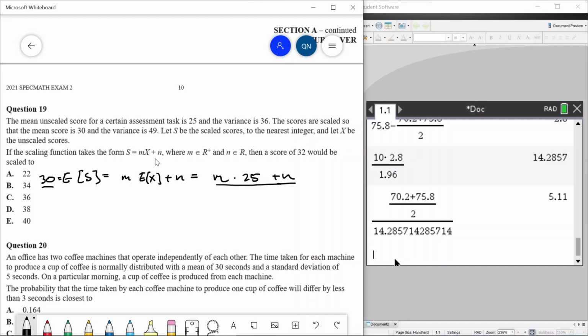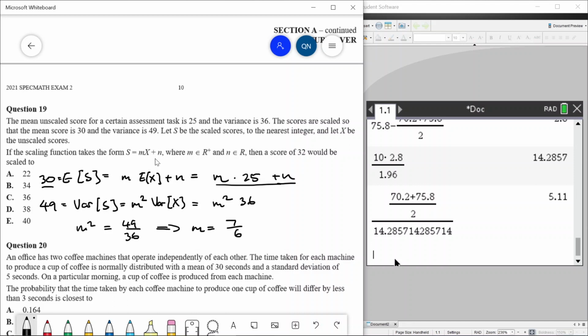Now, as for the variance, we want the variance to be 49. So this is equal to var of S. And what is this? This is var of mx plus n, but we can use that property for the variance, so that's going to become m squared var of x, and then n disappears. And then what is this? This is m squared times var of x, which is 36. So we got m squared, which is 49 divided by 36. So this tells us that m must be equal to